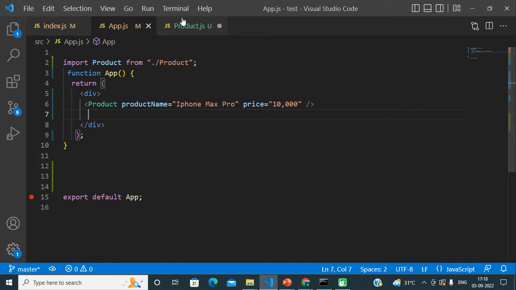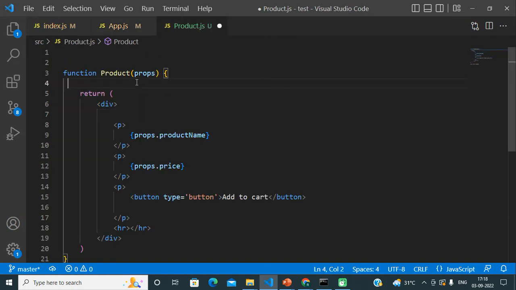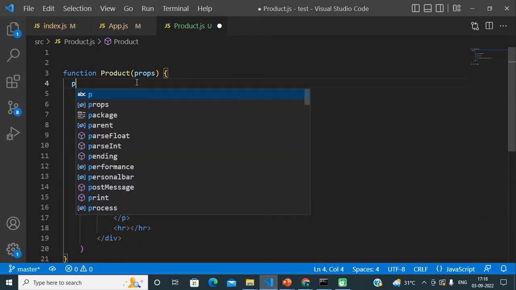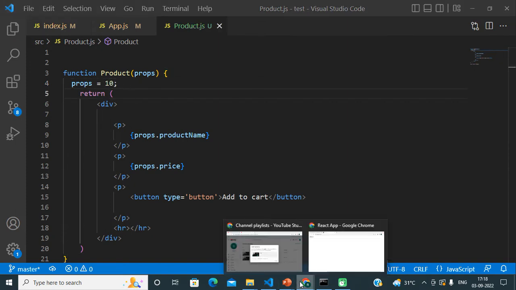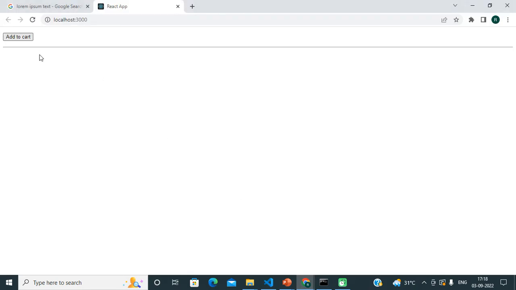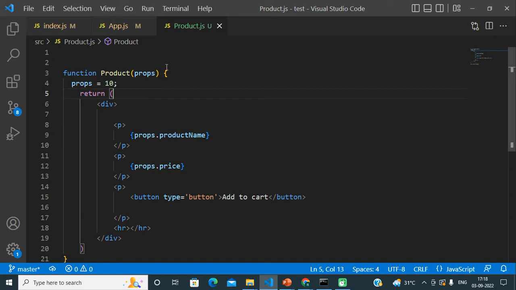In that case, if we try to change these props, if we try to update this props data with a new value, and you access your application, you will definitely get errors. Your functionality will not be working.